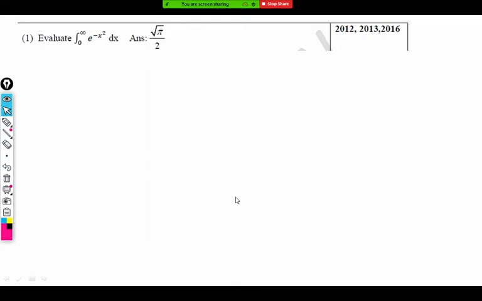So if you observe the definition of a gamma function, what are the things that you can observe? In the gamma function definition, which are the important things that we should have there? Yes, the limit from 0 to infinity, correct. And another thing, e to the power minus x. So there should be an exponential function with a negative linear power, that is e raised to minus x. These are the two most important things for the gamma function.